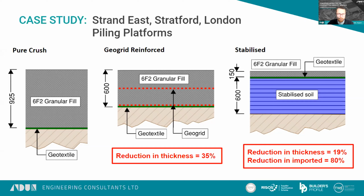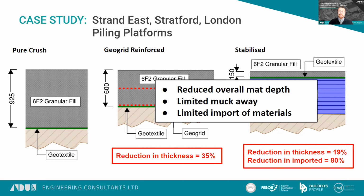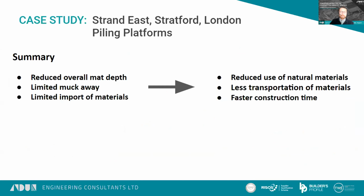Some sources quote that it's about 45 kg per meter squared of that mat for this thickness. But again, this varies, and from my rough calculations, it brings it between the pure granular and the geogrid types. And this value engineering and provision of alternative mat constructions boils down to a reduced overall mat depth, which limits the removal of soil on site to get down to reduced dig levels, and then the limited import of materials, which is all leading to that reduction of carbon